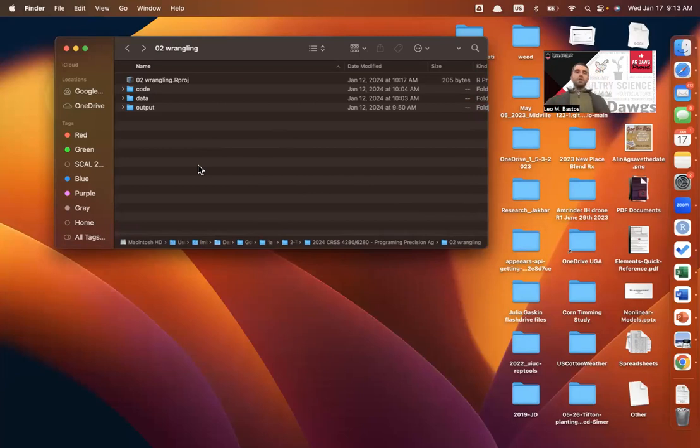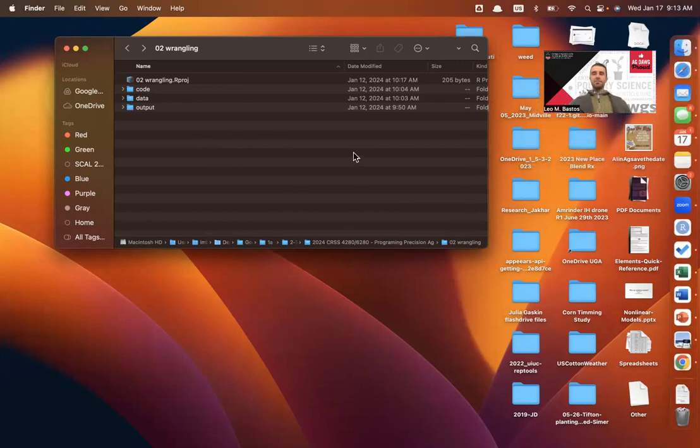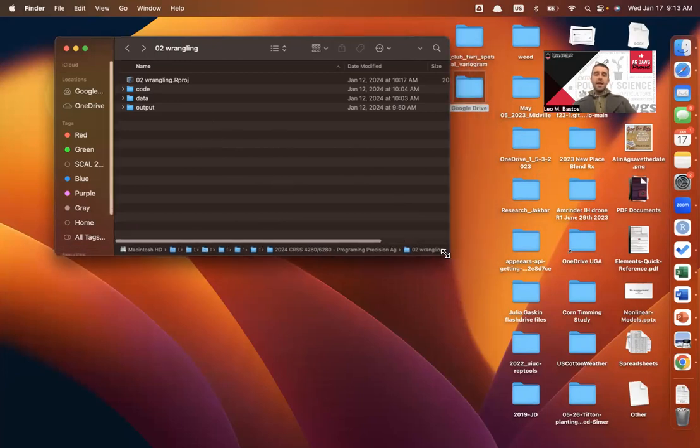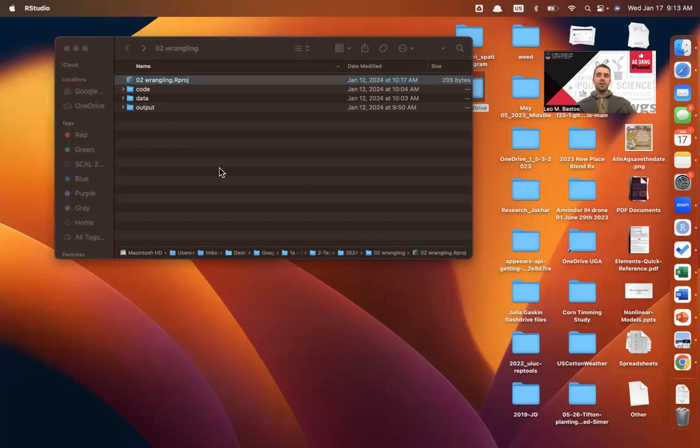So we talked about RStudio projects and how that can be useful to manage different analyses and different projects that you have on your computer. As you switch from one analysis to the next, to make sure that you do that properly, every time that you want to launch a new analysis, please do so by first double clicking on that rproj icon to launch this project. So please go ahead and launch your RStudio environment by double clicking that 02 wrangling rproj, which should open up a new RStudio environment